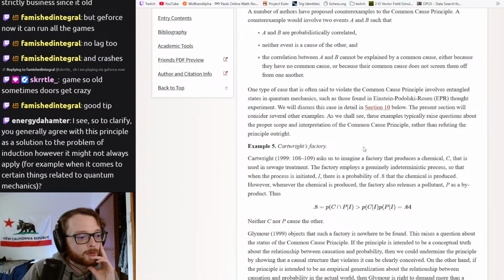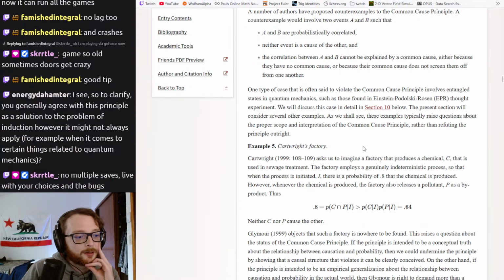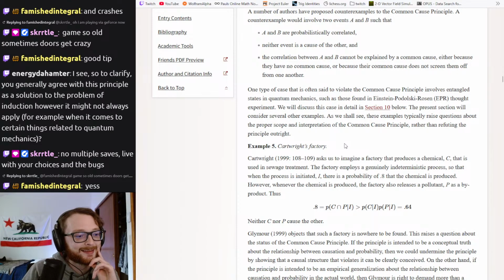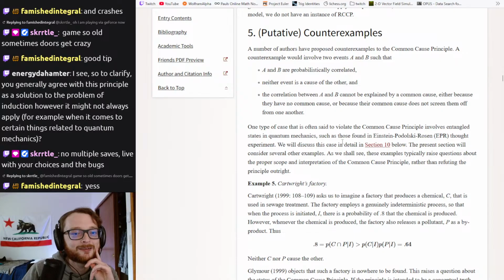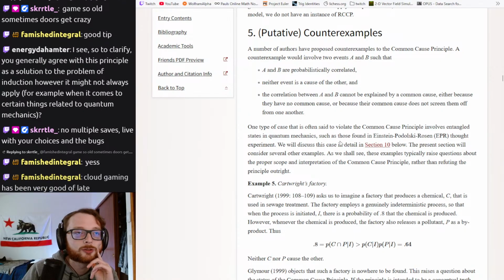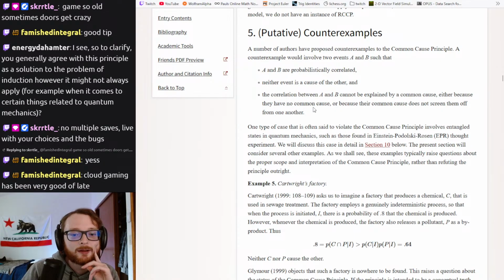So to clarify, the principle as the solution to the problem of induction might not always apply. Well, I guess I'm not sure how this is related to induction. But